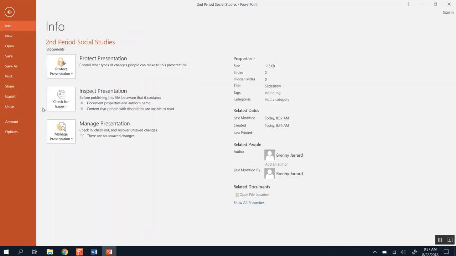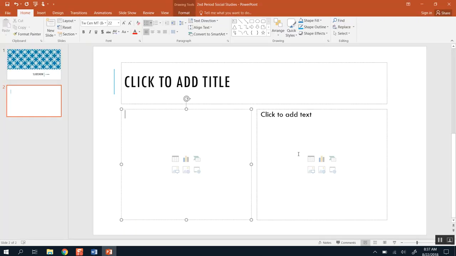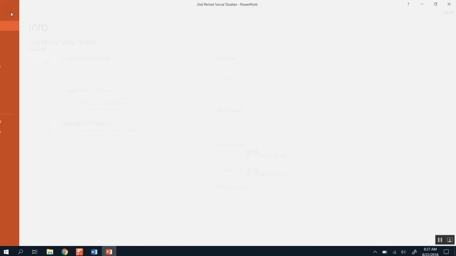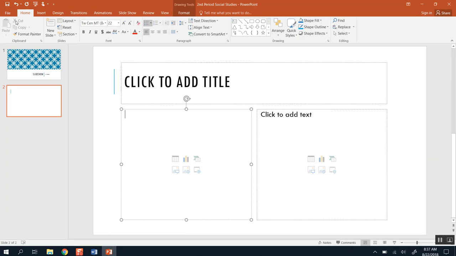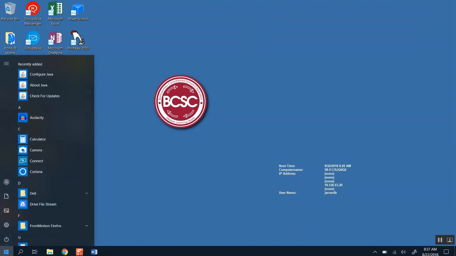Whenever I click File, Save As, that will potentially allow me to change the name of the product I'm working on. So once you've named it, you can just use the Save option. If I ever wanted to see the different items I've created on my computer, if I click the Start button here in the corner, this is your catch-all for lots of different features on your device. So if I click this button,